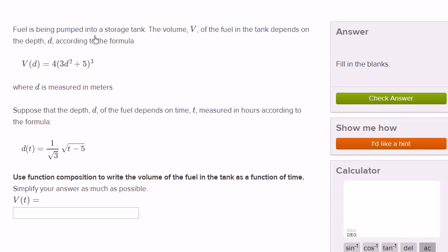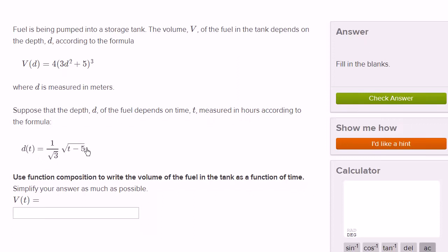Fuel is being pumped into a storage tank. The volume V of the fuel in the tank depends on the depth d according to the formula V of d is equal to 4 times (3d squared plus 5) to the third power, where d is measured in meters. Suppose that the depth d of the fuel depends on time, measured in hours, according to the formula d of t is equal to 1 over the square root of 3 times the square root of t minus